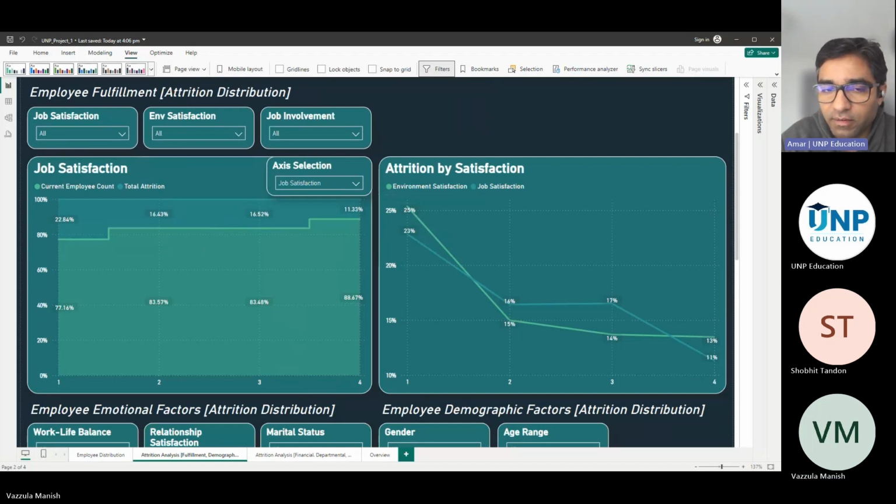But otherwise, overall, excellent, excellent, very good presentation, very good analysis. I really like the detailed analysis of each and every factor you have picked up and compared it with attrition and tried to come up with conclusive insights out of it. So well done. And just keep working, do more projects, and that will improve the dashboard part of things. I think the analysis was excellent, but the dashboard,